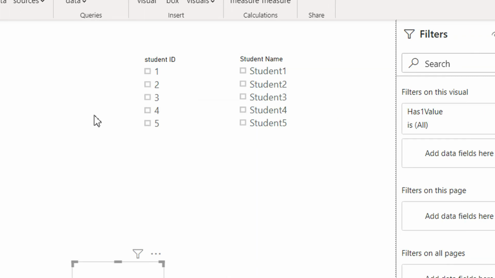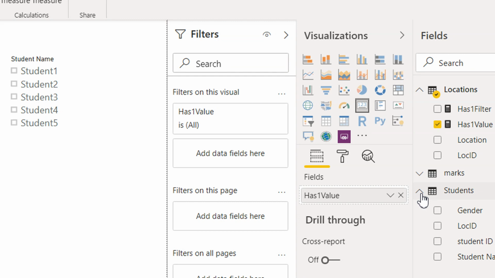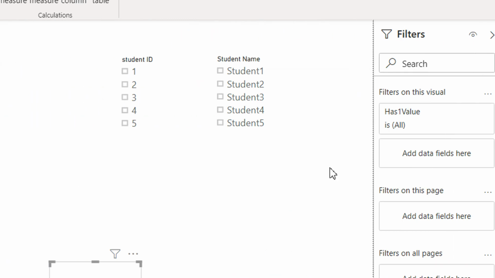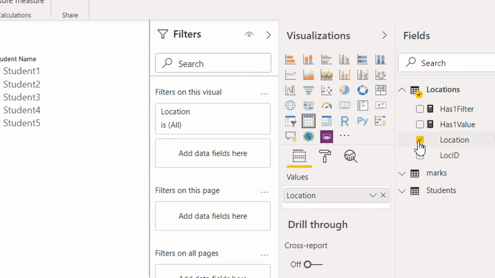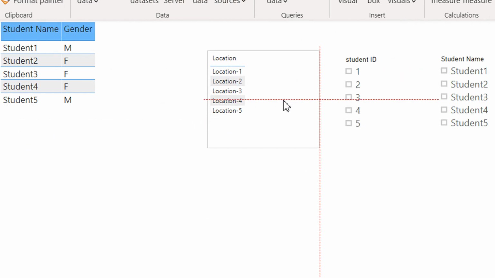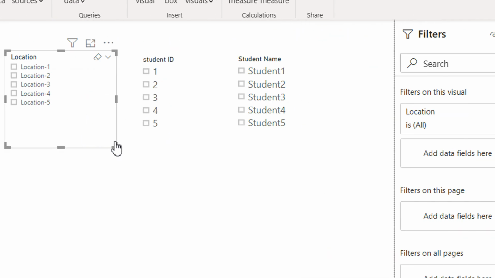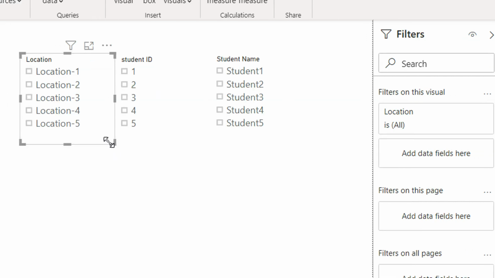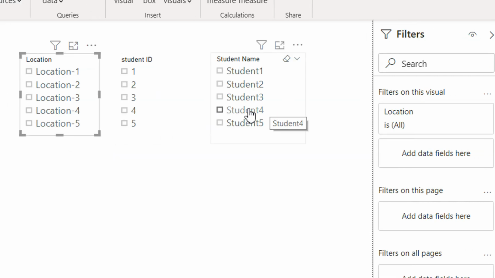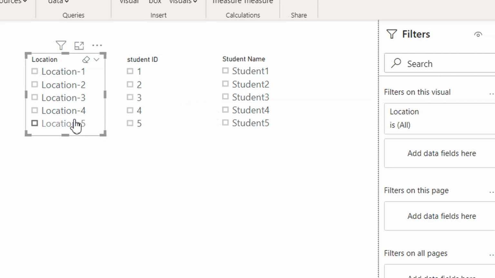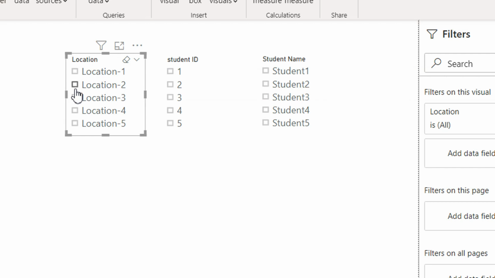We also need to add one more slicer for the location. So now we have the first one as the direct filter, the second one as the indirect filter, and the third one as the cross filter, because the student ID and student name are both based on one table, and the location is another table.